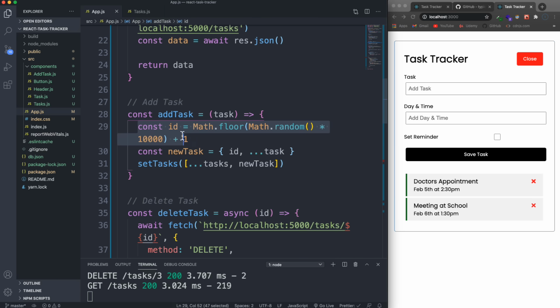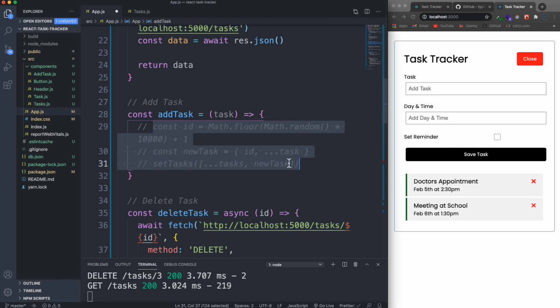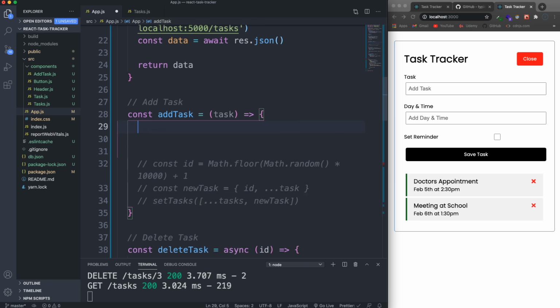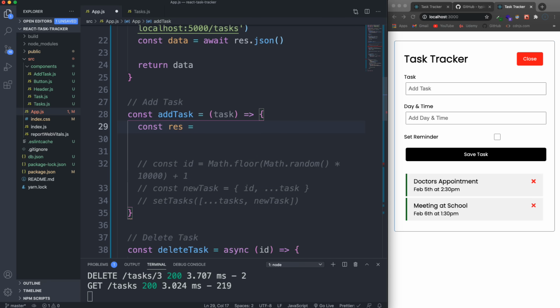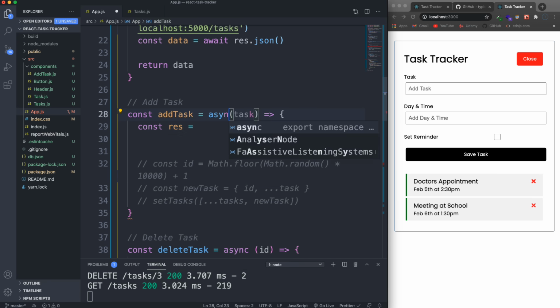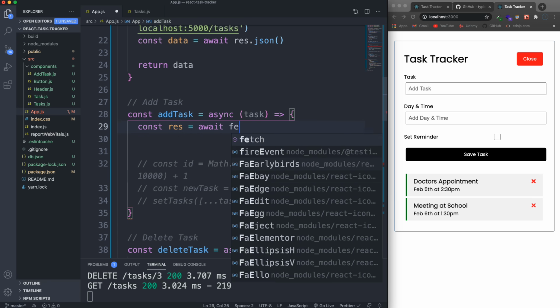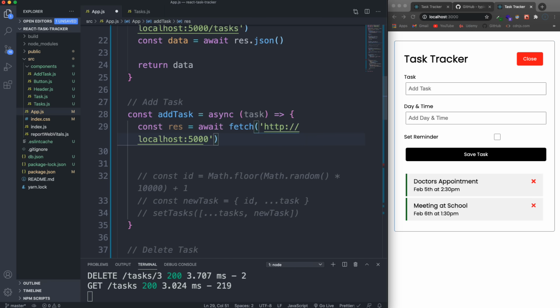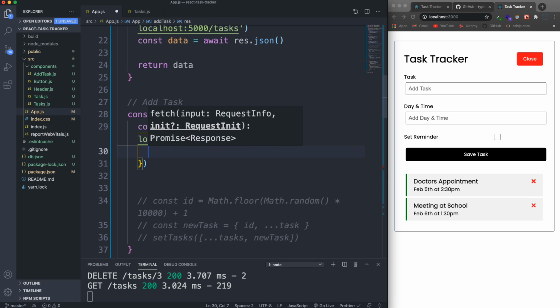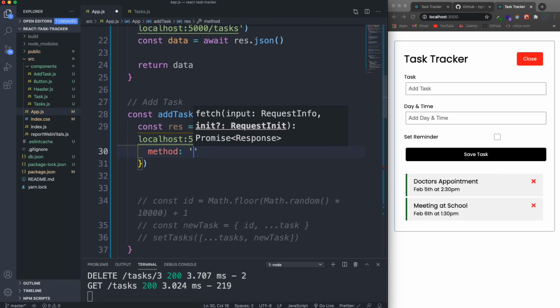So what I'll do is I'll comment this out just in case you guys need it, and I'll go above it. Okay, so we're going to want a response, and we want this to be async, and then await fetch, and we're adding a task, so the route is going to be http://localhost:5000/tasks, and it's going to be a post request, so we want to add here a method of